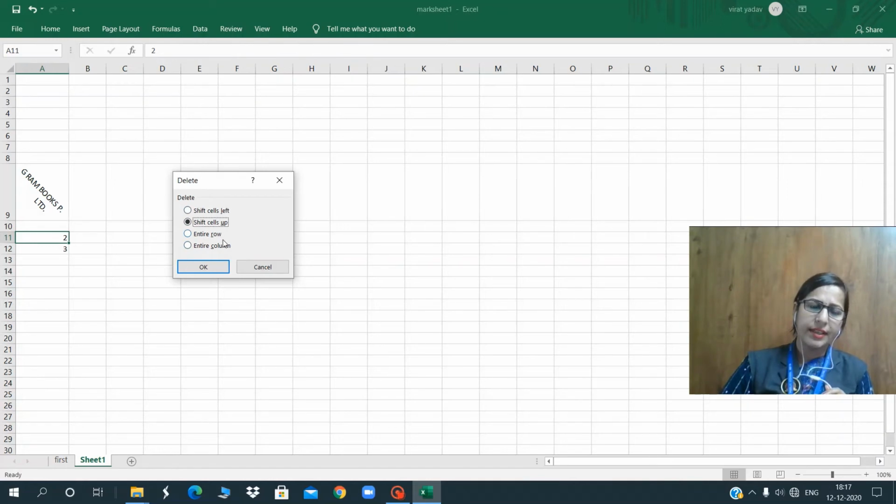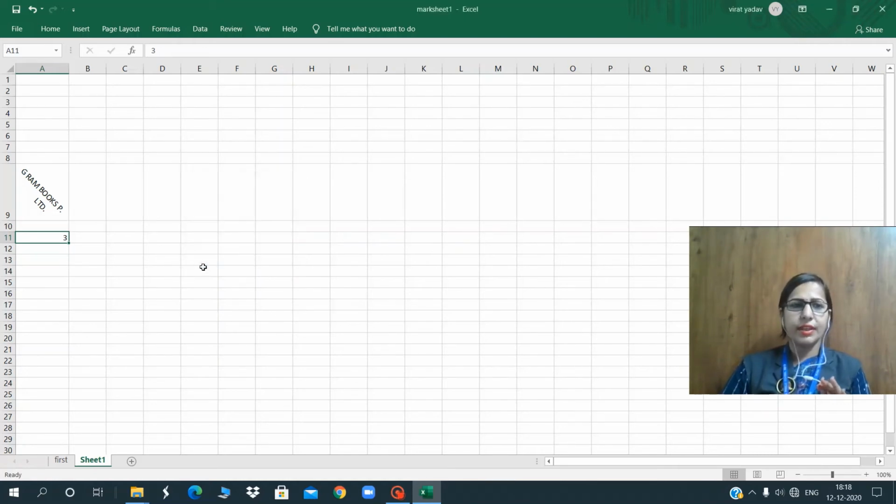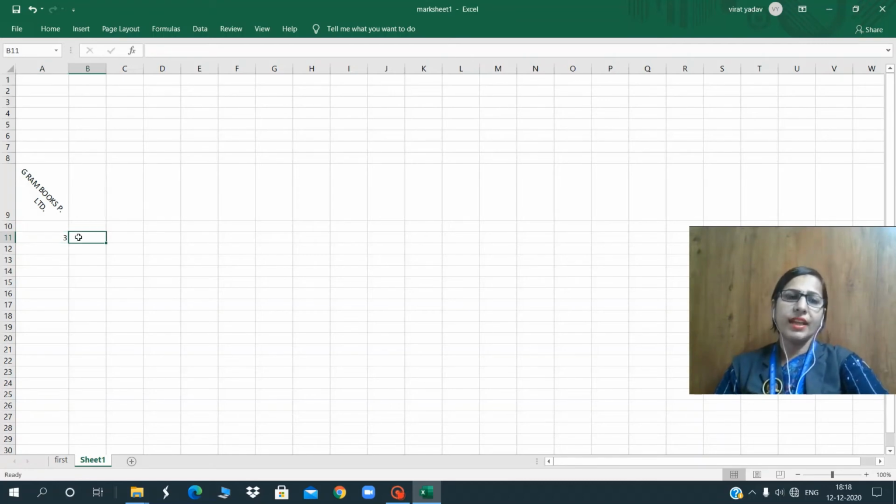You can delete the entire row or entire column, shift cells left or shift cells up. Yes, I want to shift cells up, which means I delete that cell. So click on OK. As I click on OK, that cell will be deleted. Okay, this is all about inserting a cell, deleting a cell, entering data, reshuffling the data, and how we can delete and insert a new cell in a worksheet.